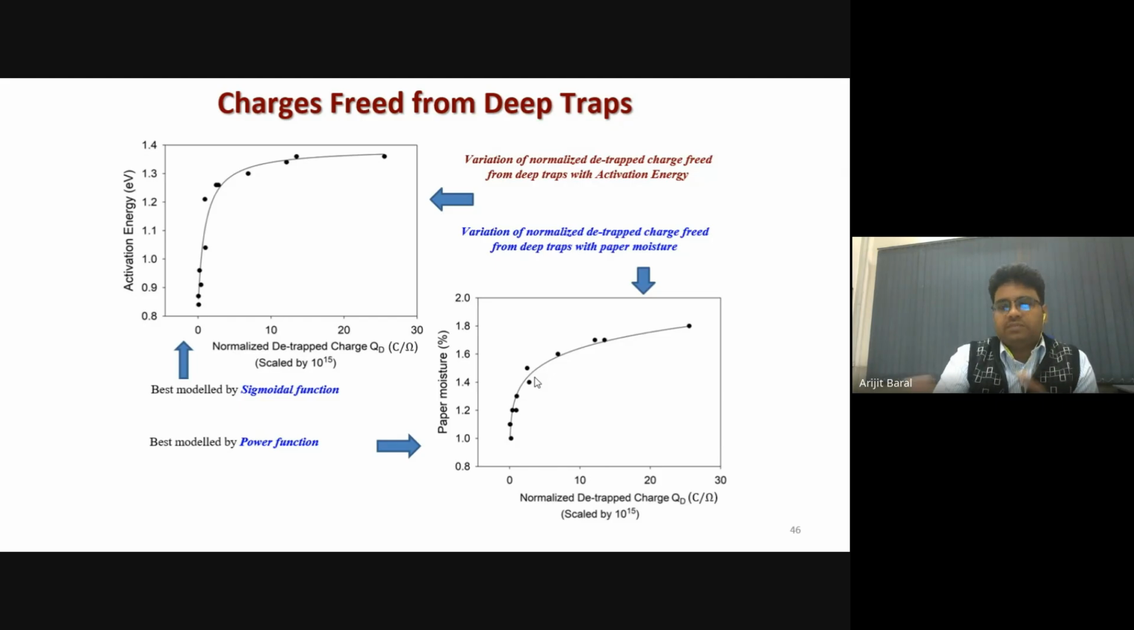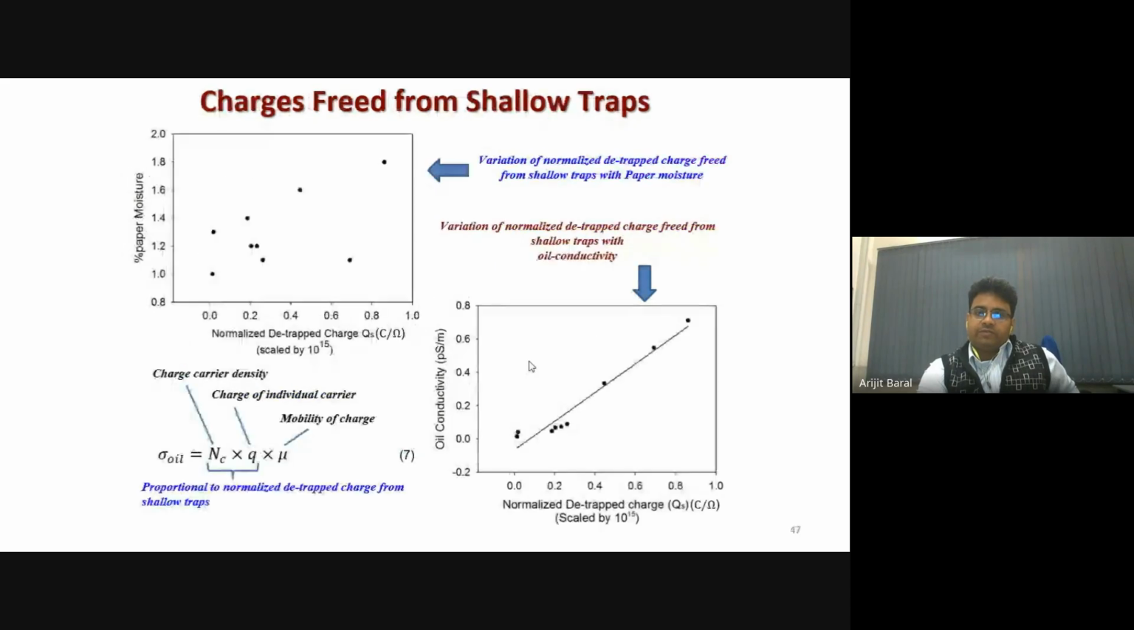The rating of the transformers varied from 100 MVA, 167 MVA up to 300 MVA. And yet all of them showed this definite characteristic, where the paper moisture could be obtained using the detrap charge information. The same is true with the oil conductivity information. The oil conductivity can be obtained using the shallow charges. Remember,